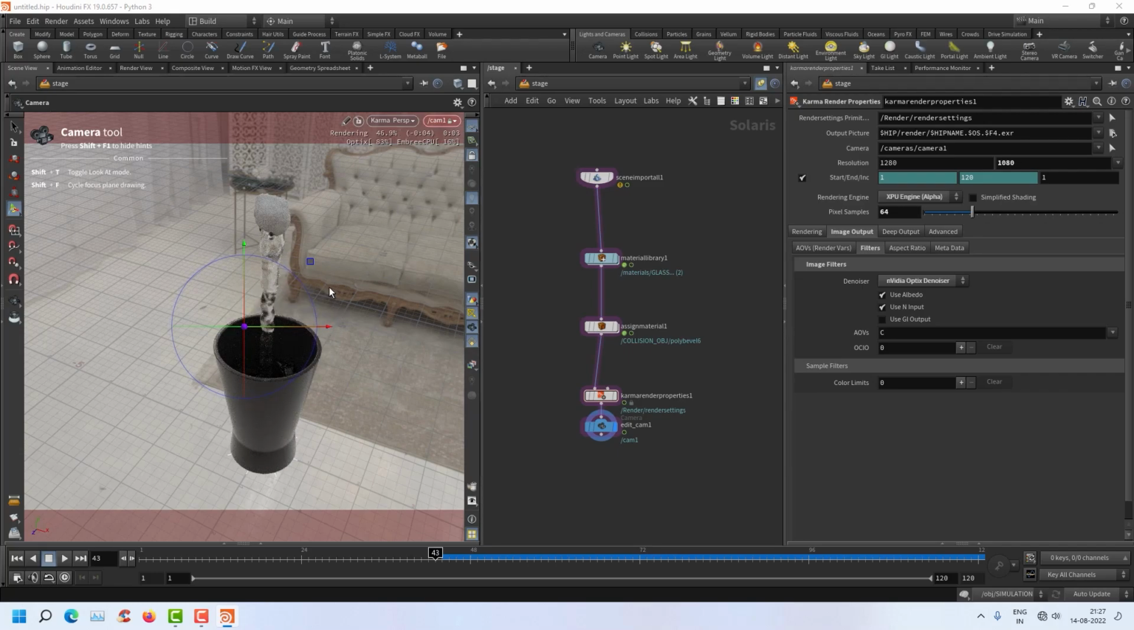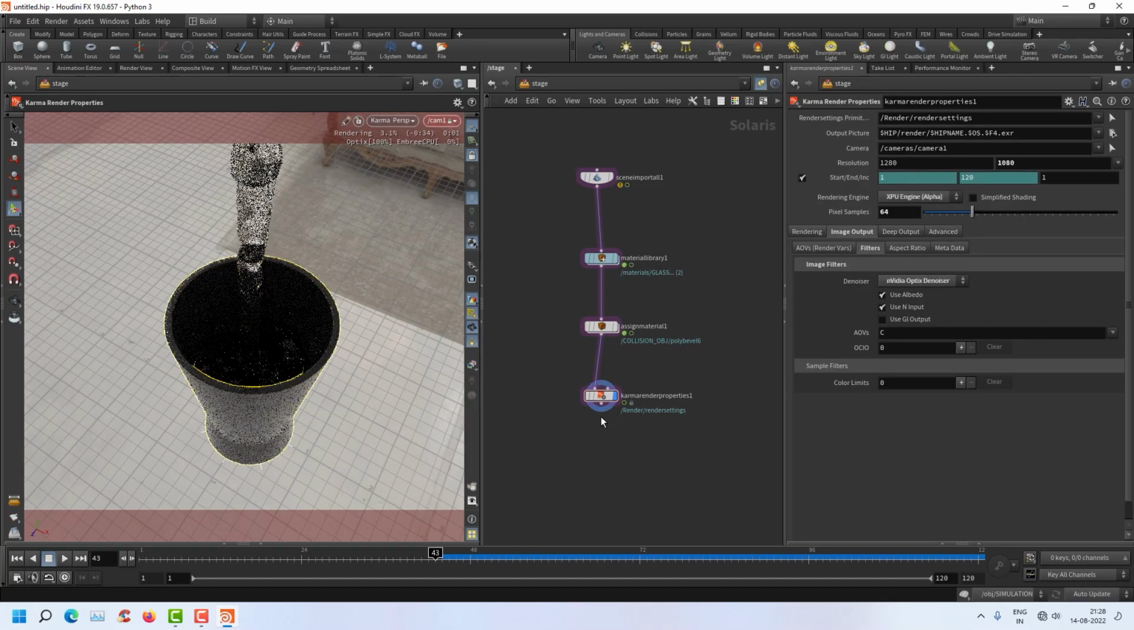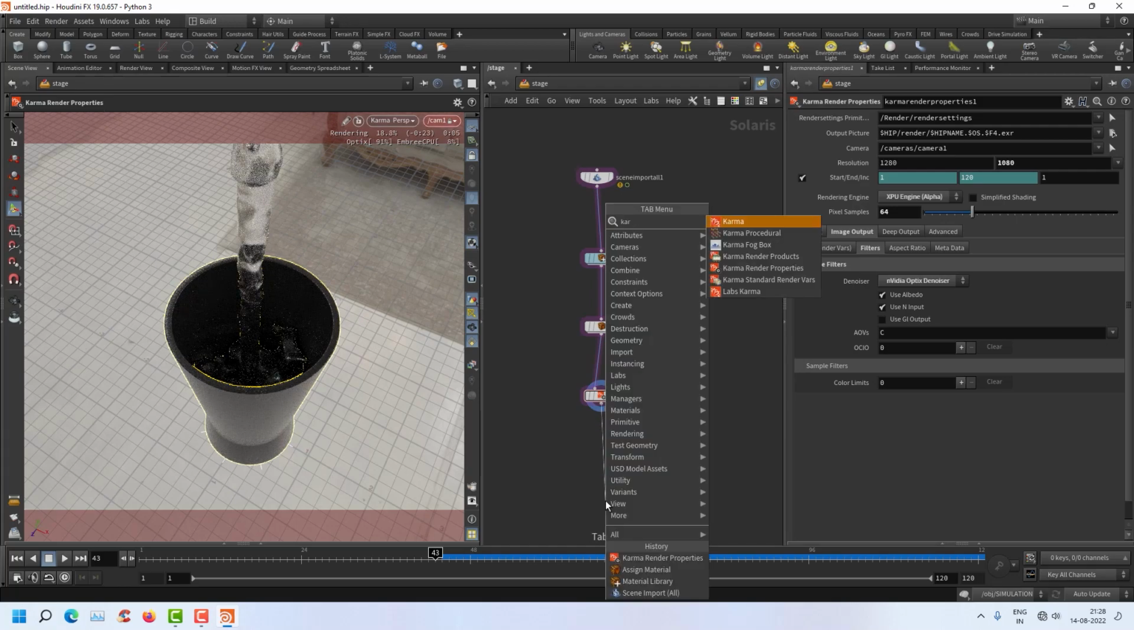Now you can see our liquid. You can render it fast by Karma XPU. And render it out by taking Karma